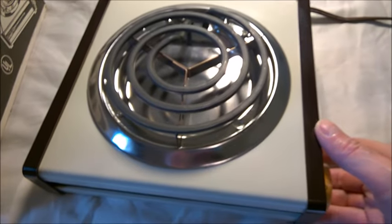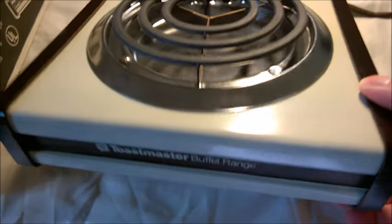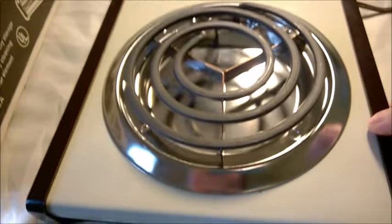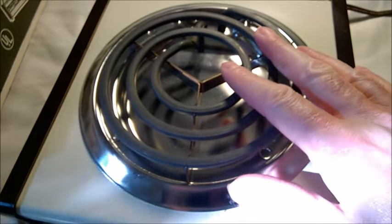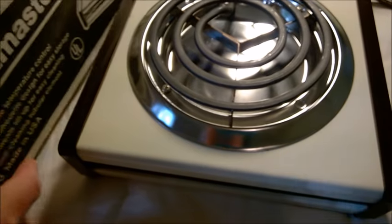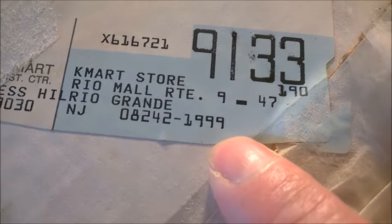Because cars are still made in the USA. But... So this happened to be brand new. I'm not sure if it was already opened or not back in the days, but it's just one of these burner heaters, whatever it is. I did find the date for the box. I think that's the date. I'm looking closely here, so it looks like perhaps this is the date,